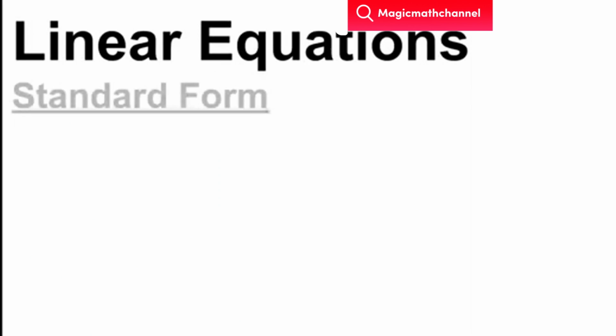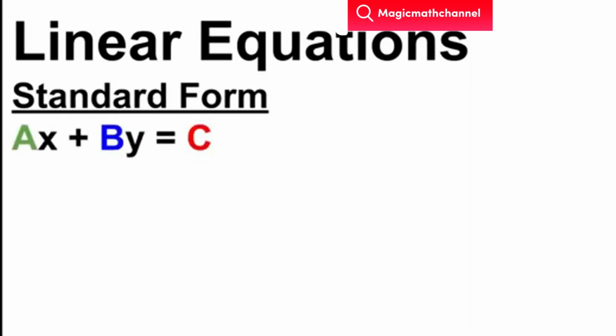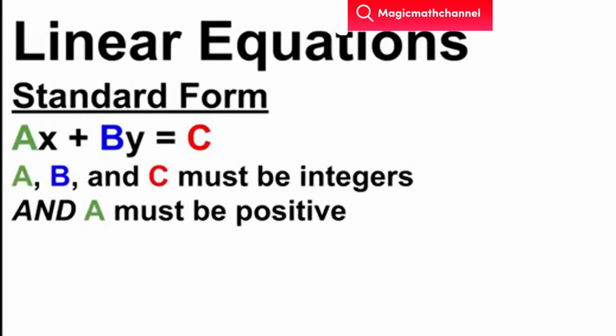Next, we're going to come to standard form. So what is standard form? Standard form is when a linear equation is written in this format: ax plus by equals c. To be a valid standard form, a, b, and c must be integers, and a must be positive. This doesn't mean that b and c have to be positive. This just means that a must be positive for it to be the valid